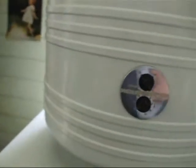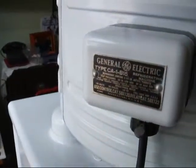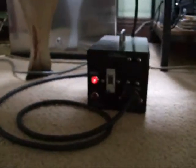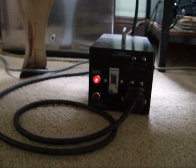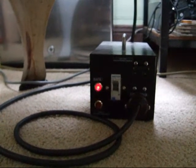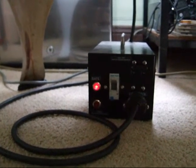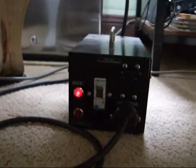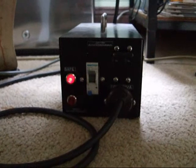These fridges, being US made, were designed for 110 volts. So in Australia we use a transformer, which I've got under here, to step down the 240 volt main supply. This transformer is rated at 750 VA, more than it needs to be, but it's what I had, and it's